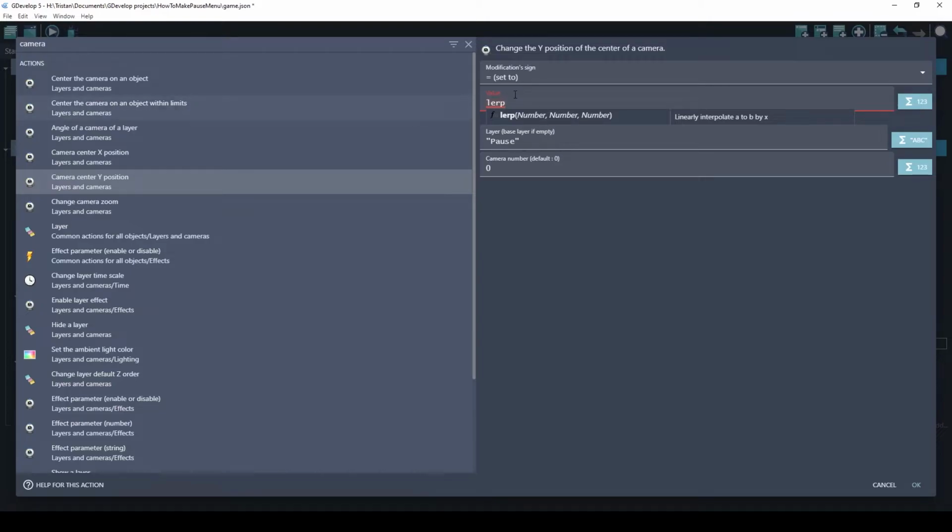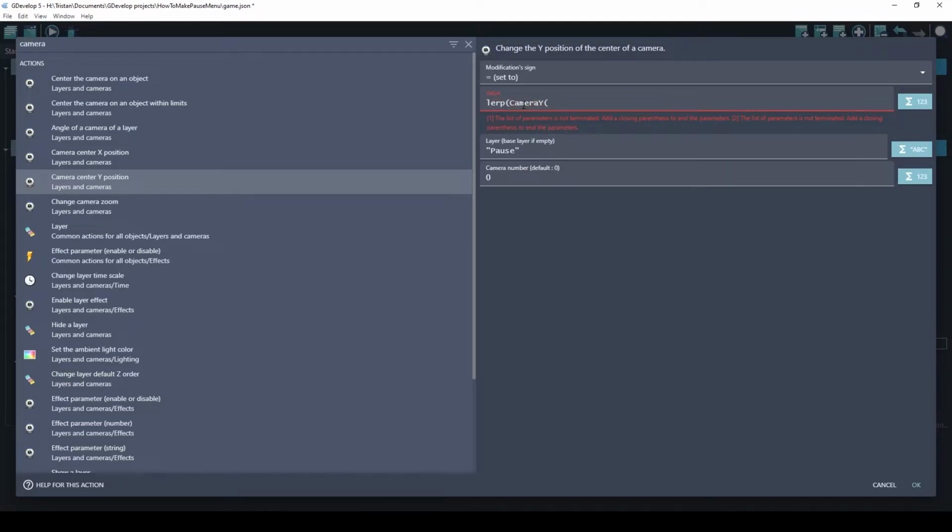And because I took off that trigger once, lerp's going to be running about 60 frames a second. And the cool thing about lerp, you actually use lerp in a ton of different ways, but the way I'm showing you, we're going to start at the current camera Y value for pause,